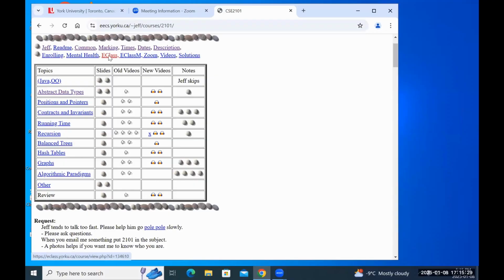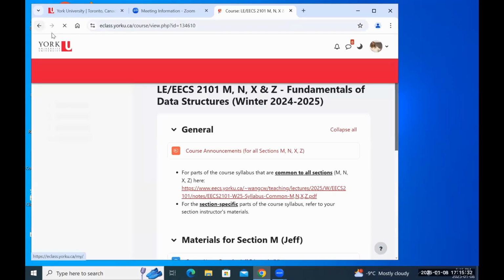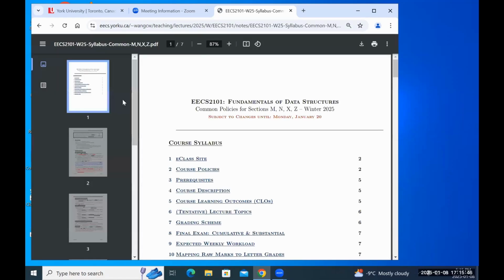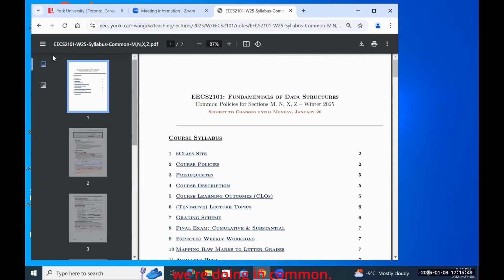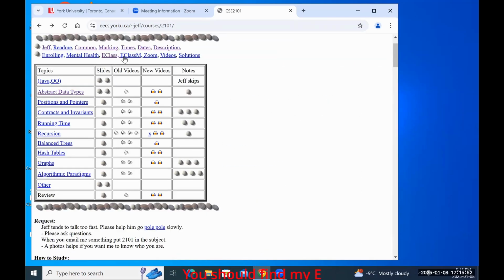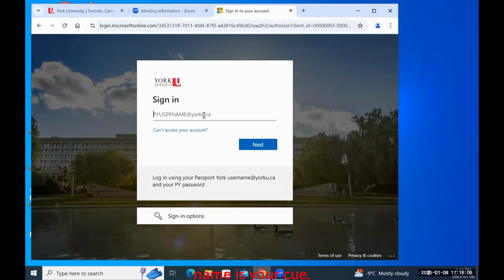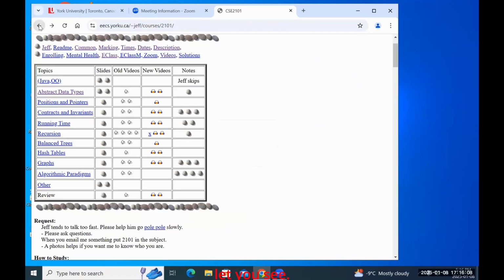The E-class, so there are 4 sections and we're sort of merged together. All right. So this is an E-class for the 4, and each common says what we're doing in common. You should find my E-class contains nothing, other than a link to this. You should snoop around here. One thing, if you go into here and you say your name is York U, not my York U, then it would let you see